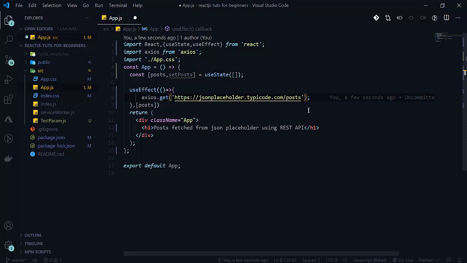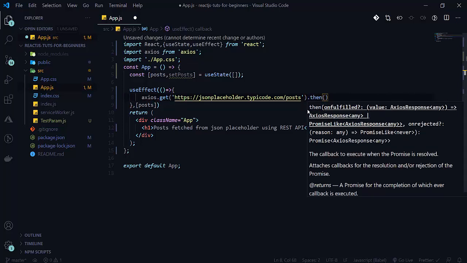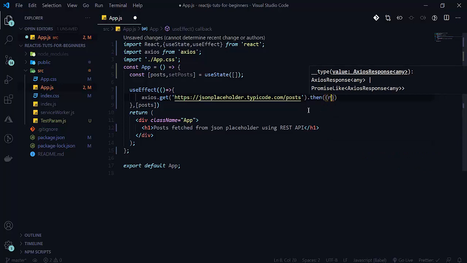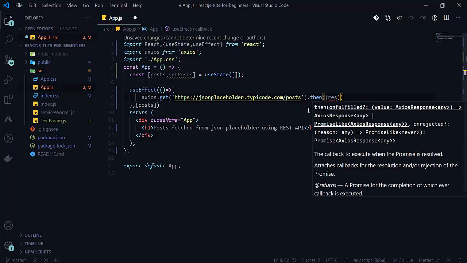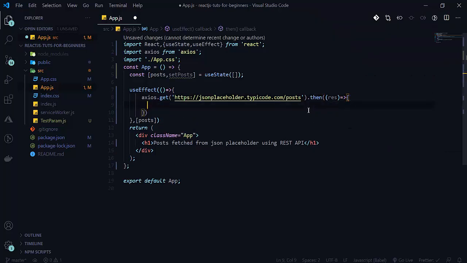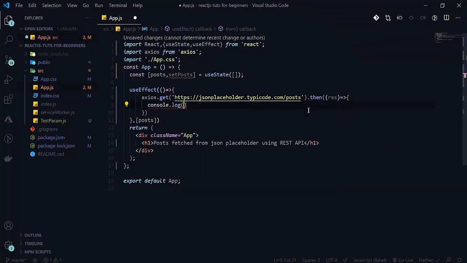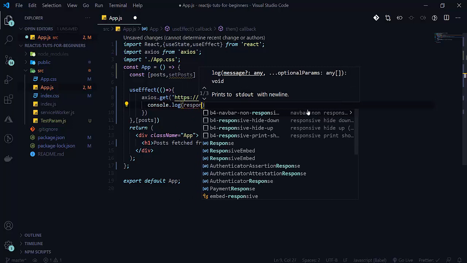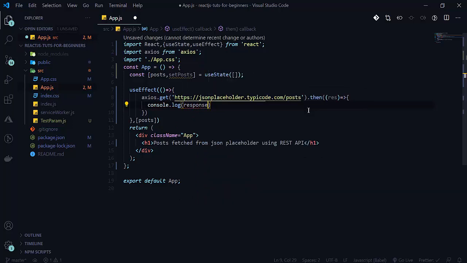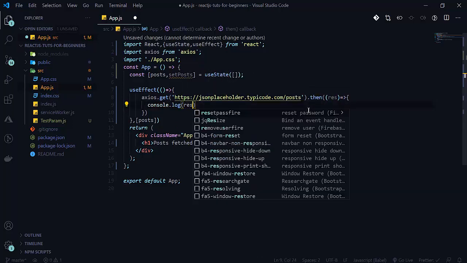Now there will be our .then, because we will get the response. So here will be res, then an arrow function, and if we get the response, we will console.log the response, that will be res.